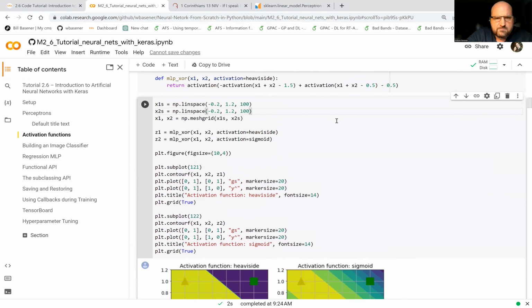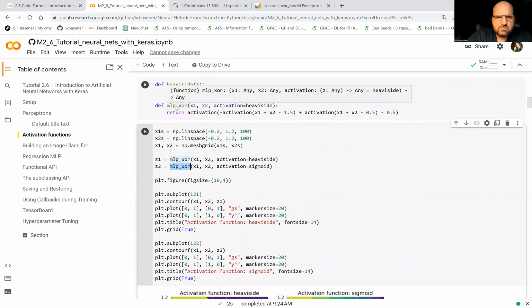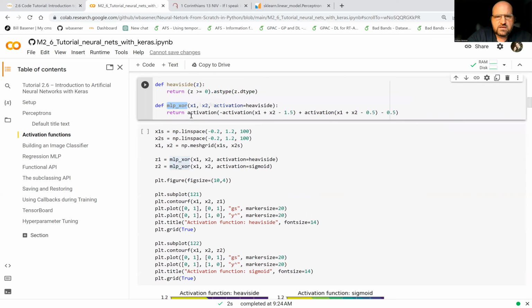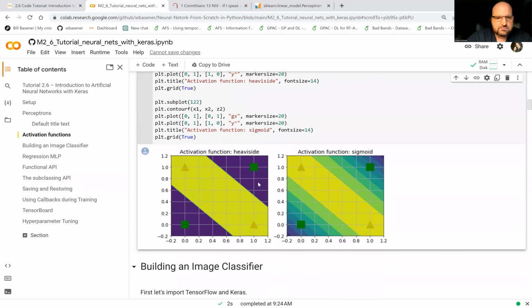And this is an MLP, which is what we pulled here, and it's going to use this activation function. So it's going to be dependent on what you put into it as the activation function, and it's just going to take that in, and then it's going to apply that going upward to the right. So this is a standard problem that, hey, we'd like to distinguish the green squares from the yellow triangles,